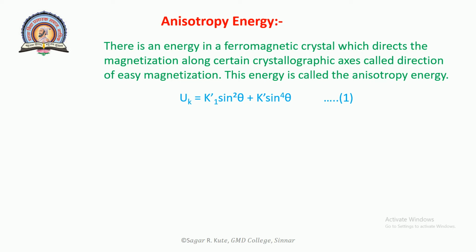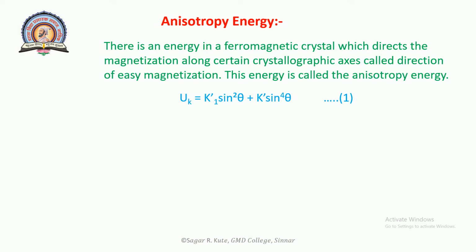we are guided by the cubic symmetry. The expression for the anisotropy energy must contain even powers of each alpha, provided opposite ends of the crystal axes are equivalent magnetically, and must be invariant under interchange of the alphas among themselves. The lowest order combination satisfying the symmetry requirement is alpha 1 square plus alpha 2 square plus alpha 3 square, but this is identically equal to unity and does not describe anisotropy effects.